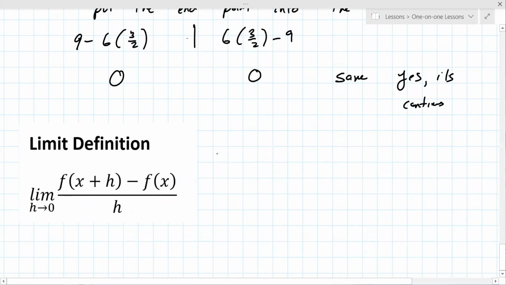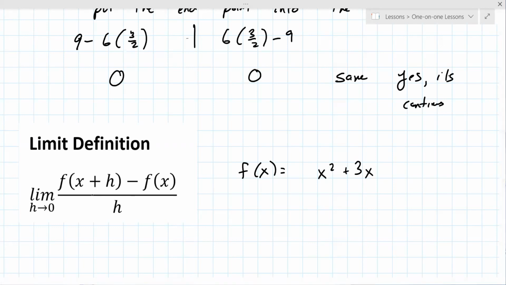It's the definition of the derivative, to find the derivative. And then it would tell you, okay, f of x is x squared plus 3x, and they want you to use this thing over here to find the derivative. Do you remember anything like that? Yeah, I think so. The thing is, if it's WebAssign, you can just find the derivative. You don't have to show the work. So now, if that's clear, I think it'd be good to move on